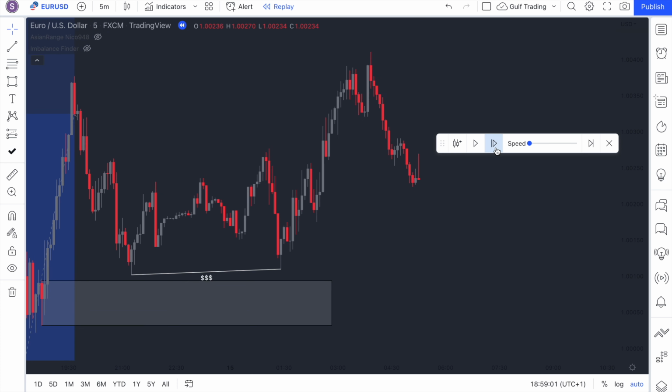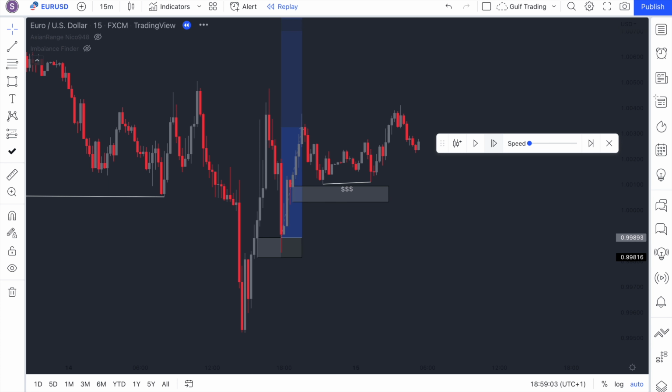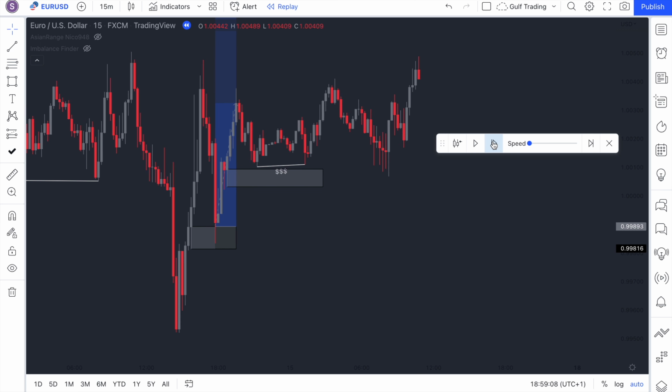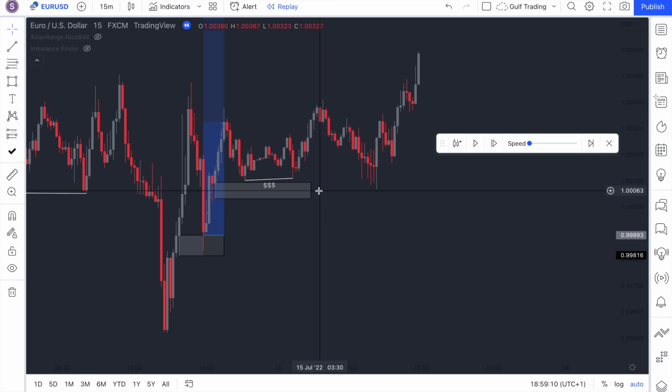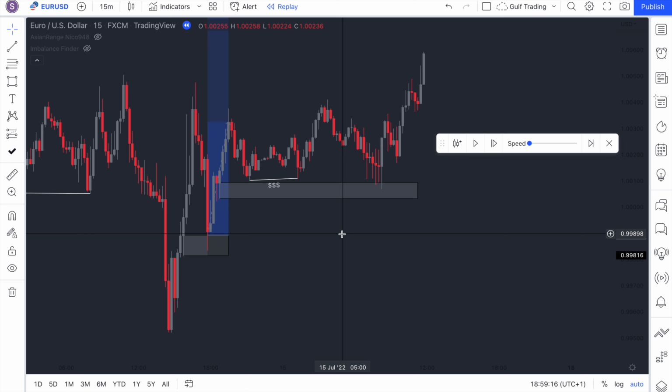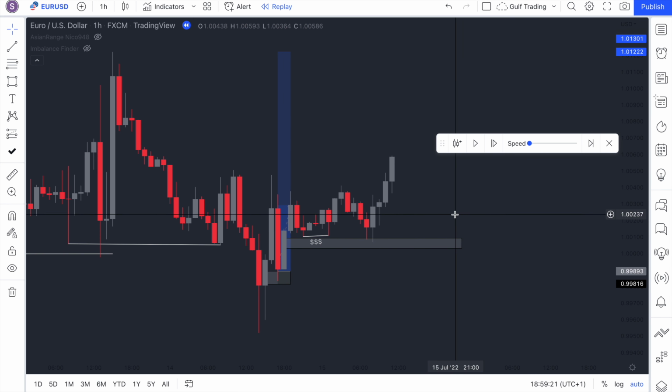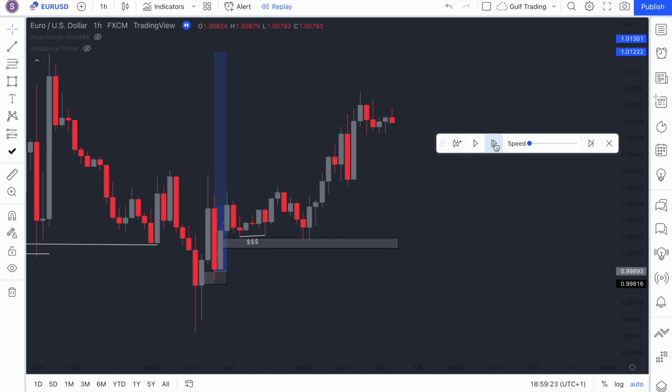We'll go to a higher time frame just to speed up a bit. It actually tapped in. So yeah, you could have got an entry there as well. But I don't think that's something I would have entered, but everyone's got their own view on the market. And so this would have been a nice trade